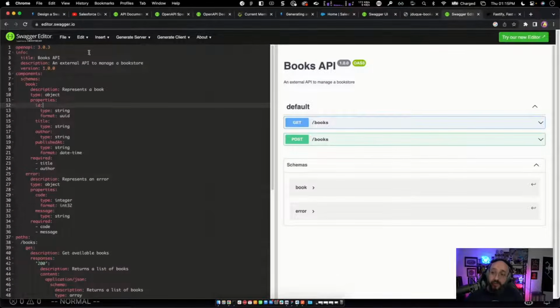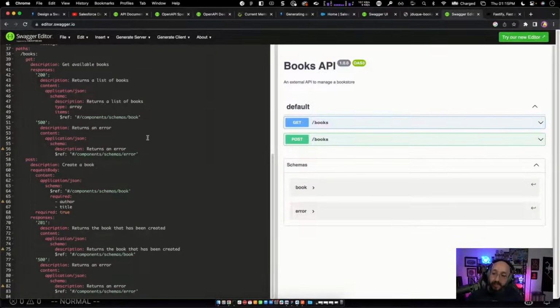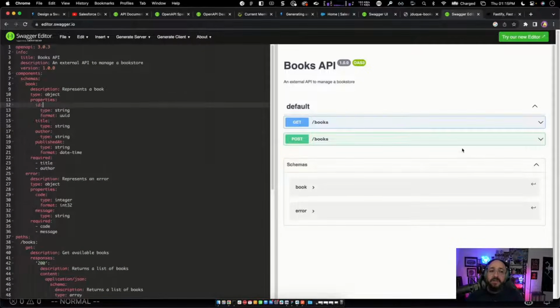Available as open source, you also have the Swagger editor. This is part of the Swagger project, and you can write Swagger files on this website. This is the same API, but using YAML. As you can see, it is a little bit simpler than JSON, and you can get the result here. Pretty much, you can see how the documentation side will look if you are just writing this description without